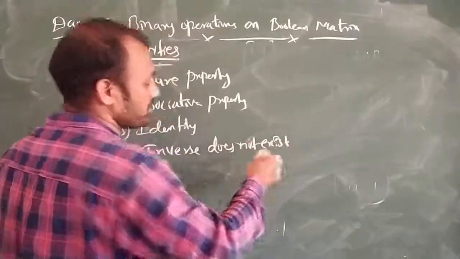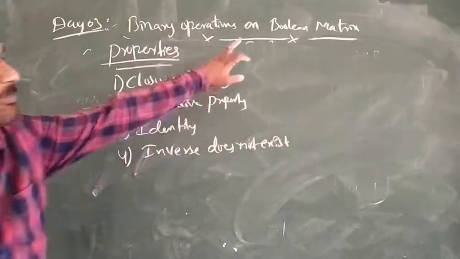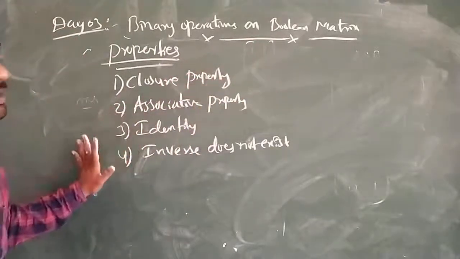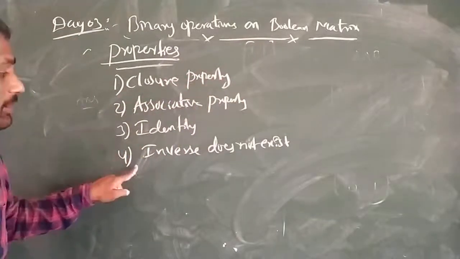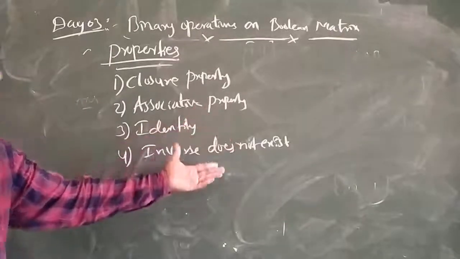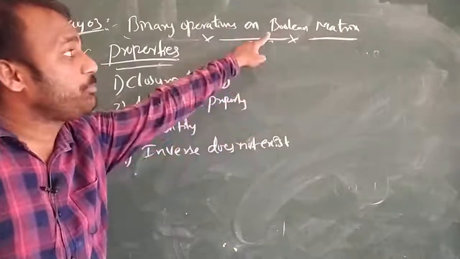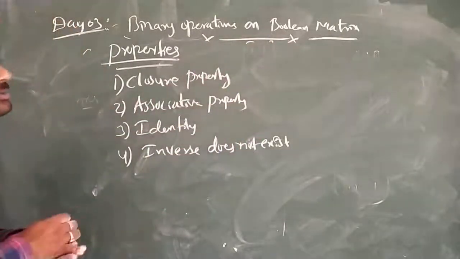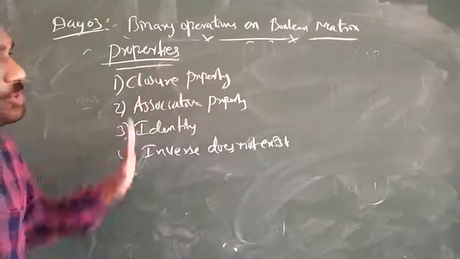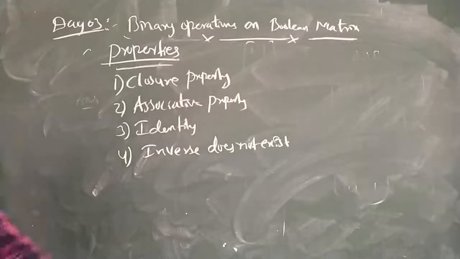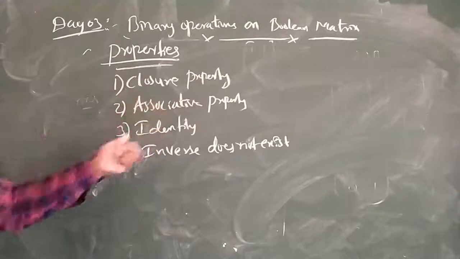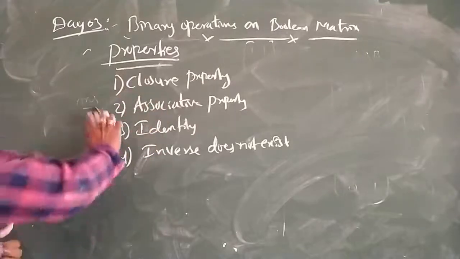So why does the inverse not exist? Because the Boolean matrix is going to take only 0 and 1 as the elements of its matrices. But if it comes to inverse, they need to take the negative values, but the Boolean matrix will not even allow negative values. So only 0 and 1 are allowed. So that is about the properties. These property definitions we can take from the text.